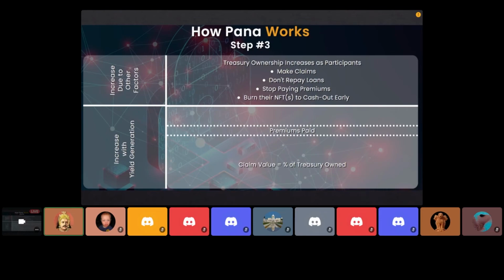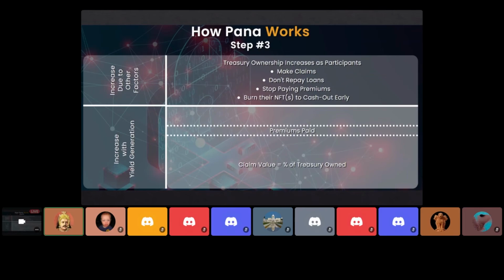You can pay as low as 1 rupee per month or even 1 cent per month, but you should be paying every month. So if a particular user takes a parametric cover and then fails to pay for a particular month, his parametric cover will be revoked, and he will not be given access to the NFT treasury ownership. That will be revoked and distributed among the other holders.